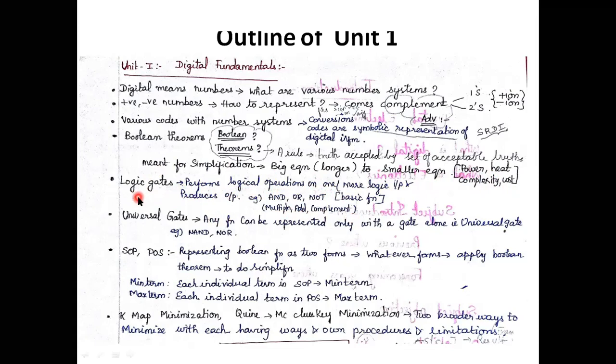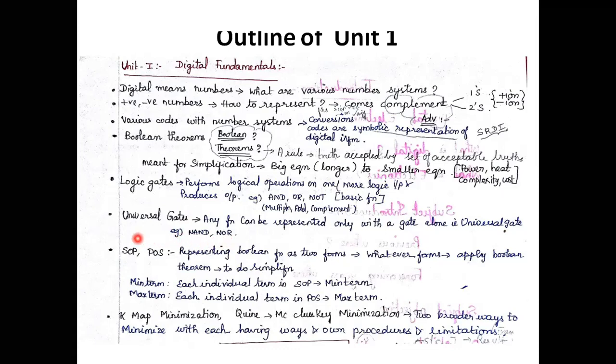Discussing logic gates, there is a topic called universal gates. How can you define a universal gate? If any function can be represented using only a particular gate, then that gate is called a universal gate. Examples of universal gates are NAND and NOR, which means that any given function can be expressed or designed only with the help of the NAND gate. Then the NAND gate is called the universal gate. Likewise, any function can be represented using only NOR gates. It can also be called a universal gate.